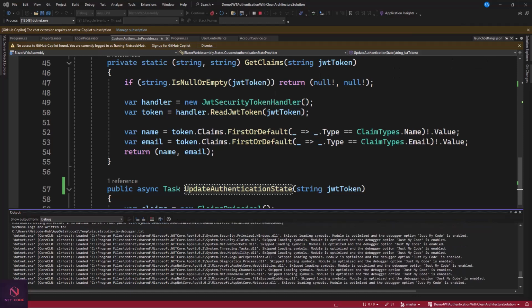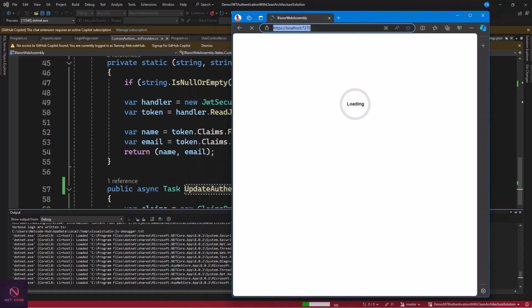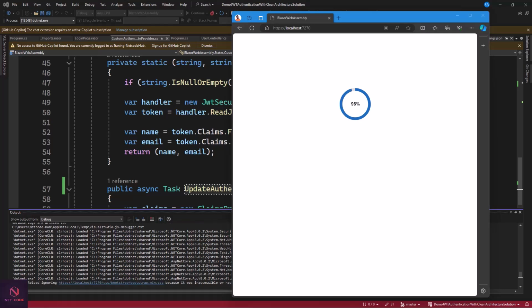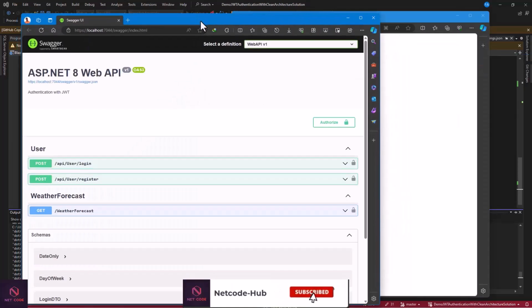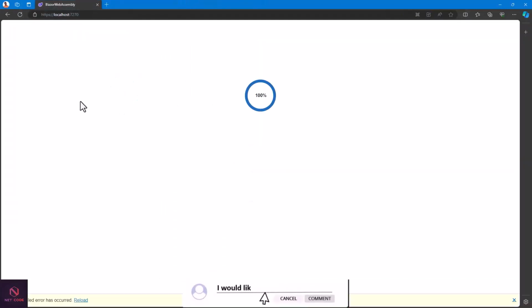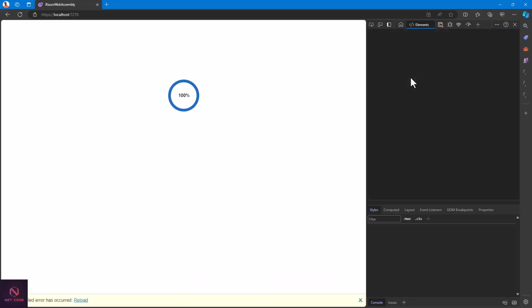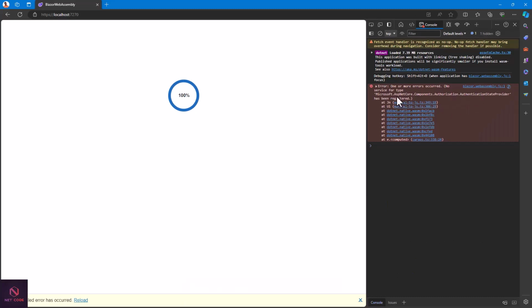Okay, so we wait for the client. There's a client, and where is our API? Let's wait for the API. API is in here, and that is it. Okay, we have an error here. Let's go to inspect and check it out. No service for this hosted provider has been registered. Yes, I knew it. So we go to the program,